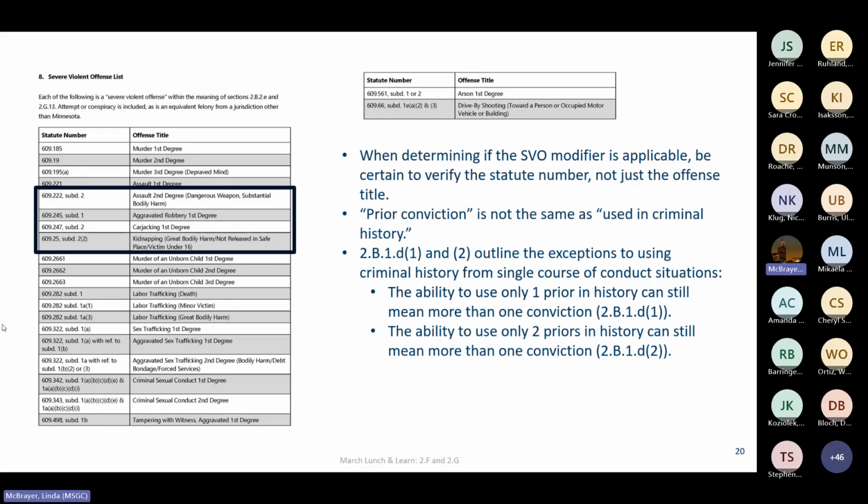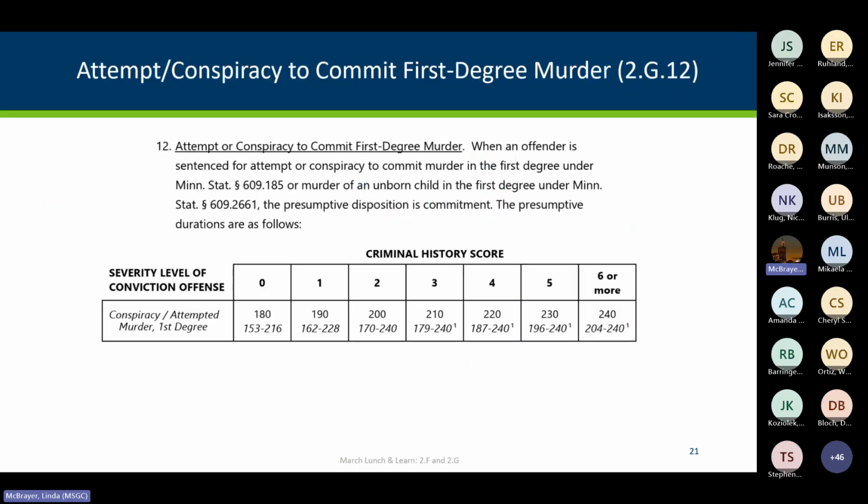And our last, to take us right up to 1 o'clock, is attempt or conspiracy to commit first-degree murder. This is its own offense. It is given a severity level 12, which does not exist on the sentencing grid. That 12 is assigned because we have to collect completed first-degree murder offenses. We have to track those. Worksheets are required. So for that reason, and the fact that this is not on the grid, it is assigned